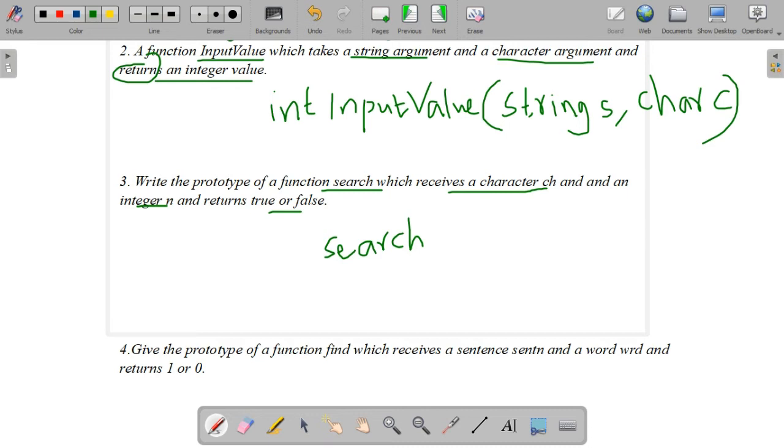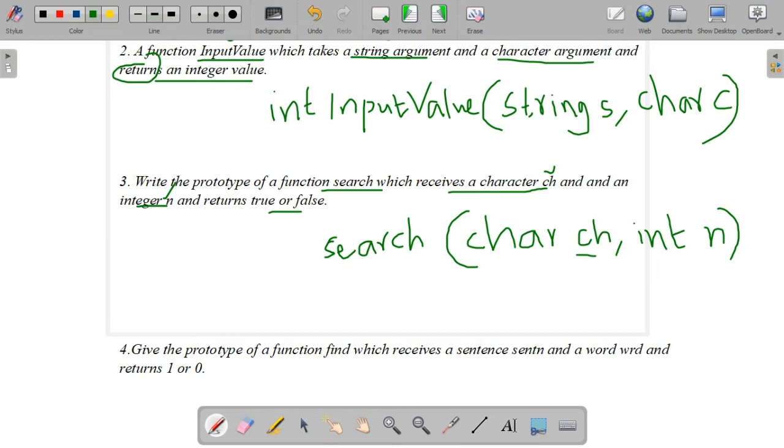As per that, if it is a small letter, s has to be used. Search receives a character ch, so we will write the data type char, then ch, and an integer. Two arguments, one is a character, another one is an integer. Integer data type is indicated by int. The variable name given here is n, so we have to use the same n. Character ch is also given, that's why we have used the same.